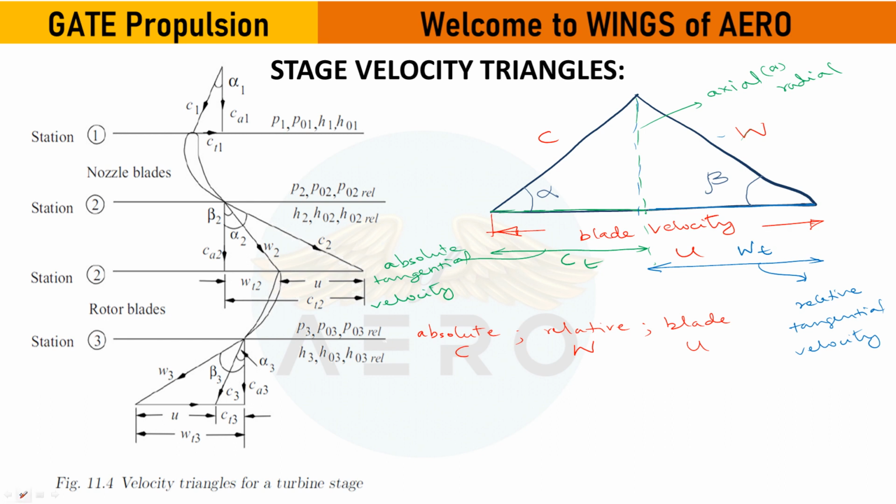In the axial turbine, similar to the axial compressor, we take the angles with respect to axial velocity, but in the centrifugal compressor we take the angles with respect to blade velocity. So my doubt is, can we take for centrifugal compressors also the same convention as axial compressors, with respect to axial velocity?